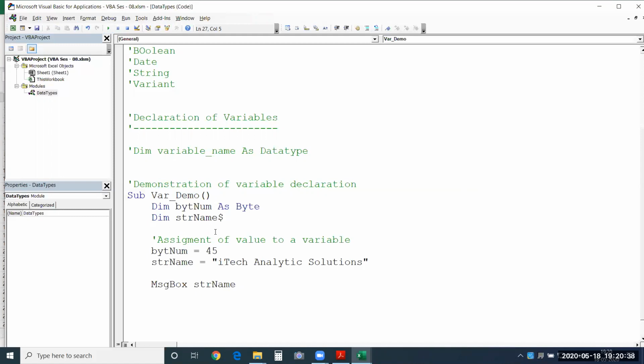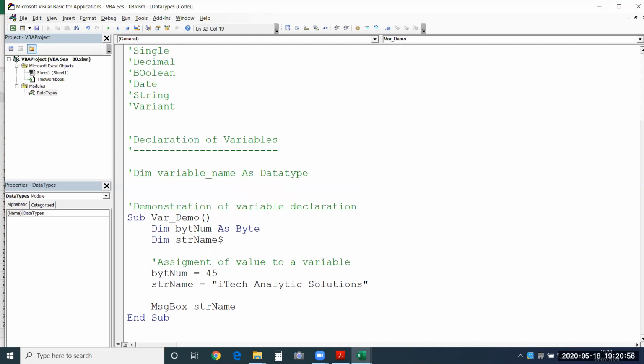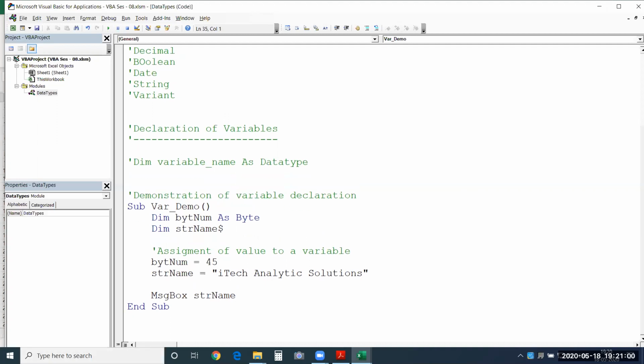Not all data types have got an identifier. So these are the basic ways in which you can utilize the variables, and it is very advantageous, because instead of using a cell address, or the direct value like this, you could be using the name, which makes more sense to us.